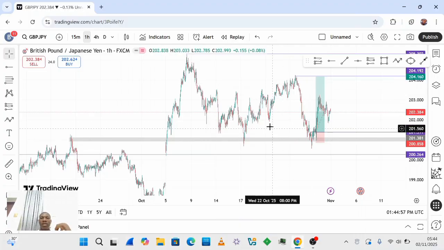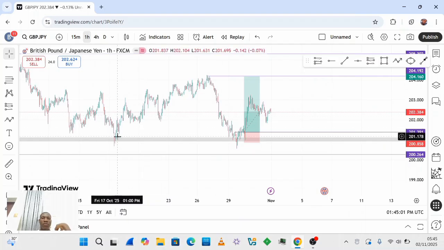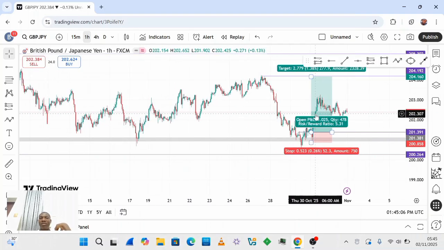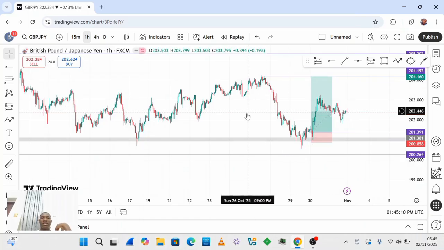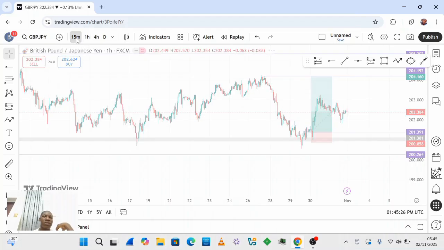This one, it came back again. Once it came back, I know that the same thing that happens here is also going to happen here. And that's why technical analysis is very important. It is the use of historical price action to predict what is going to happen next. Now, me knowing that this thing that happens here is going to happen here, that's what made this a good trade. So going to the 15 minutes time frame now,